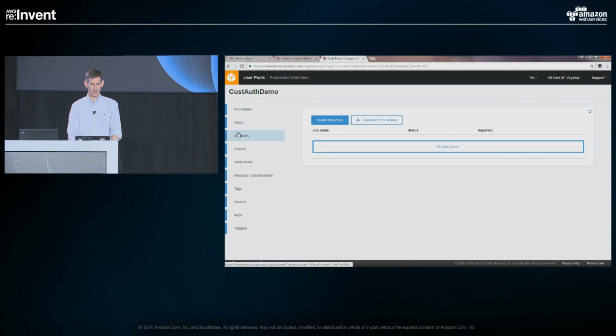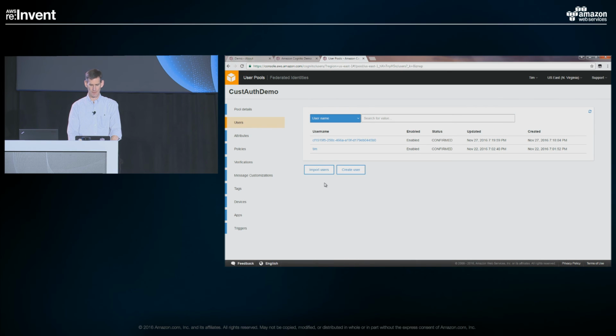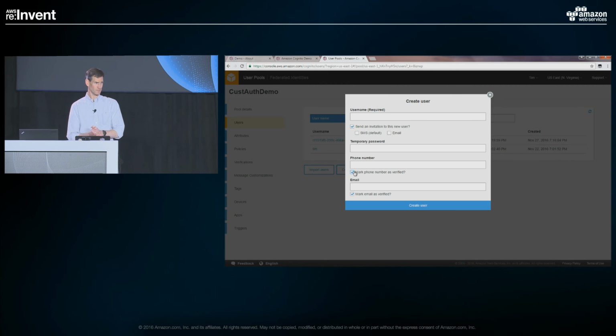And then the other thing I wanted to highlight, the last thing here in this tab, is creating users. So I talked previously about a setting where you could decide if you wanted to allow users to sign themselves up or only allow an admin to create them. This is a reflection of how you can have an admin create a user. So if you want to create a user as an admin, you give them a name, you can give them a temporary password, you can enter their email or phone number and set those as verified if that's what you want to do. And then the flow there is that the user gets an invite.